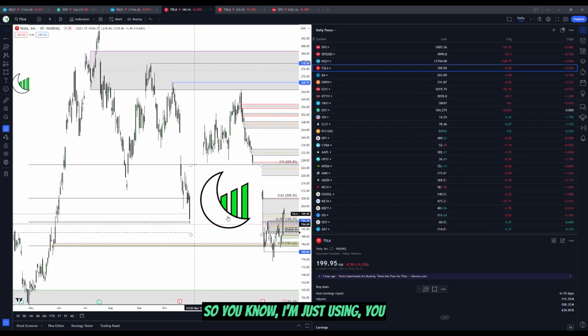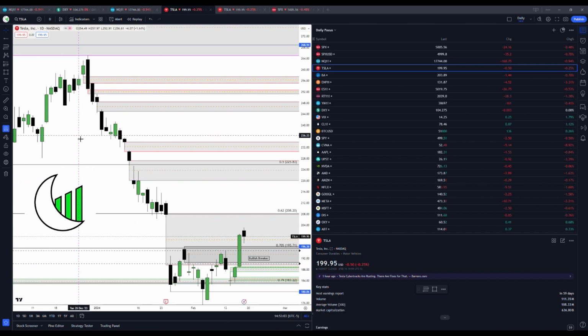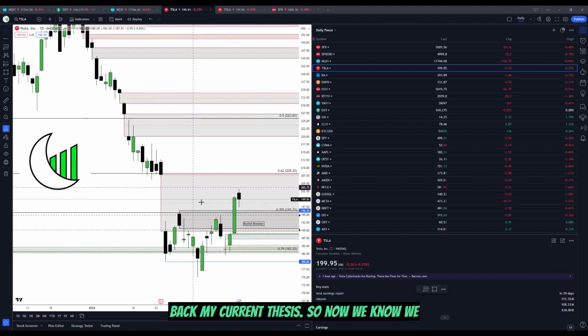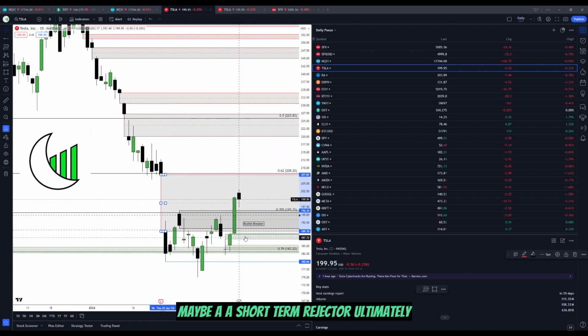So I'm just using previous situations as a way to kind of back my current thesis. So now we know we have the breaker below us. We're currently sitting inside a bearish imbalance, but if our draw on liquidity is higher, we don't really view this as much more than a roadblock, or maybe a short-term rejector ultimately to get us back down into a bullish inefficiency and